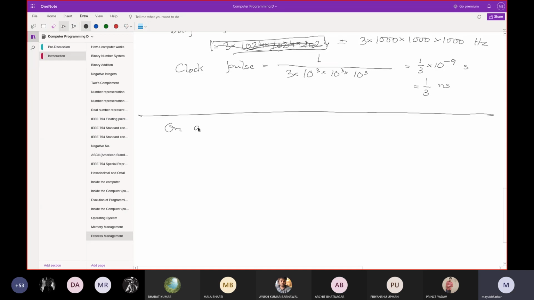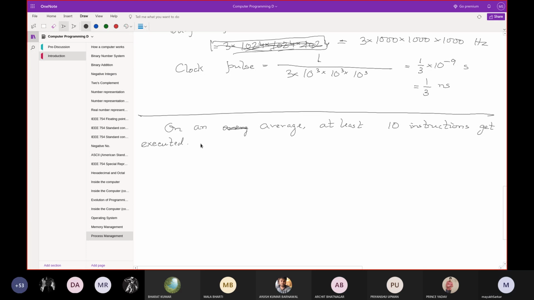On an average, at least 10 instructions get executed. That is for 10 nanosecond.